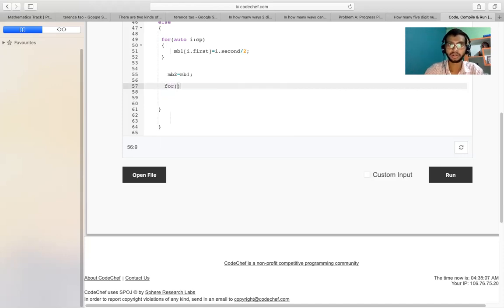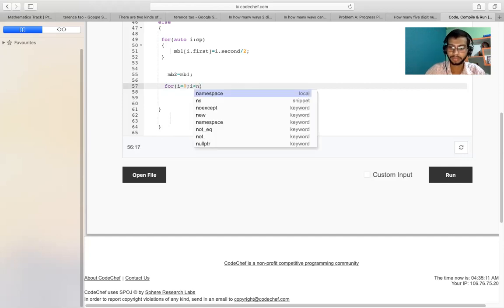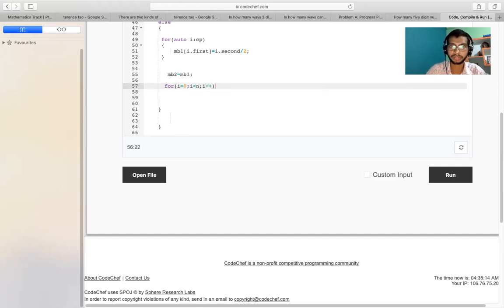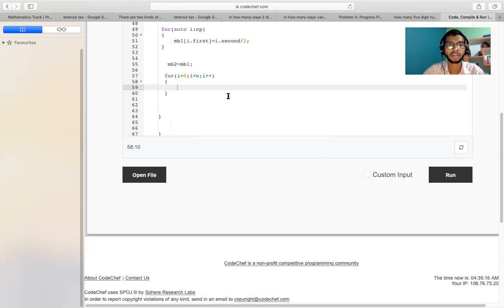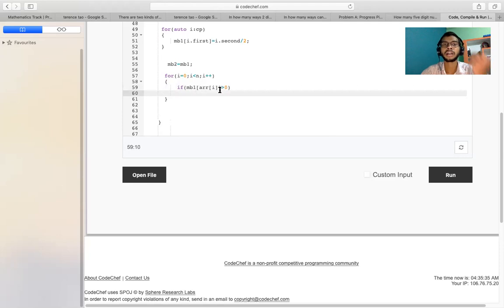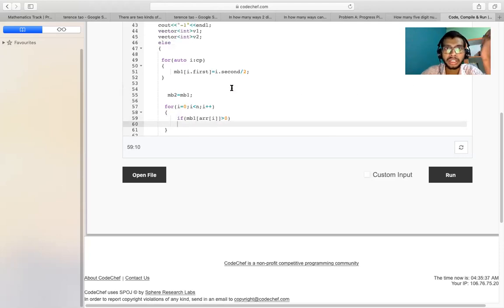So i equals 0 to i less than 10, i plus plus, if mb1 array i is greater than 0, meaning mb1 is now storing the frequency.